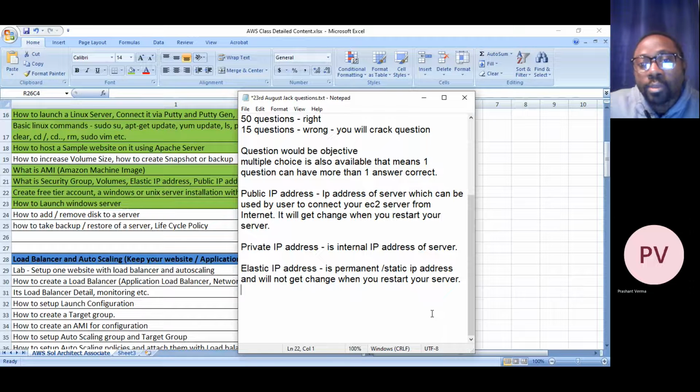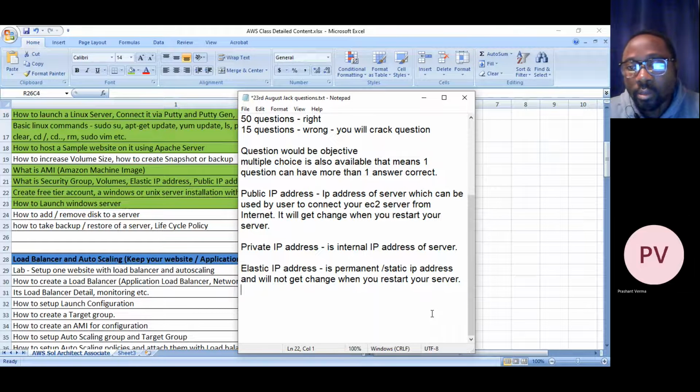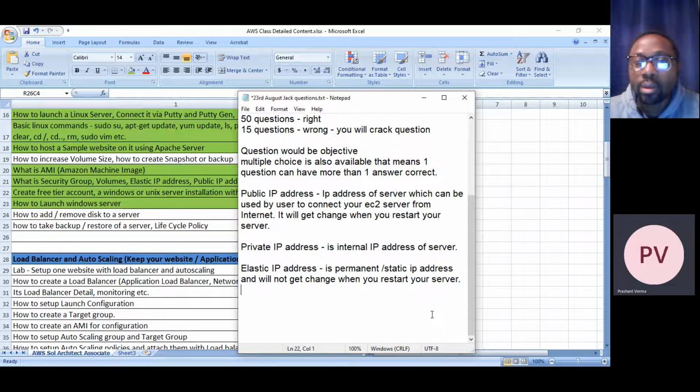So what is the purpose of the elastic IP? I know that a public IP is to connect your instance to the internet. So what is the main purpose of an elastic IP? Same as public IP, the only benefit is this: if you are running a website and you attach it to that server, the IP address will not get changed. Your website will be up all the time.